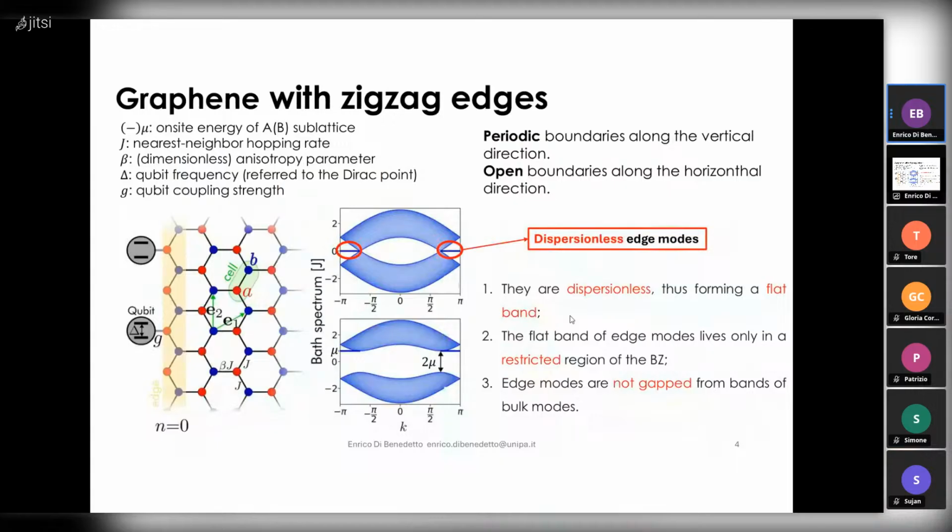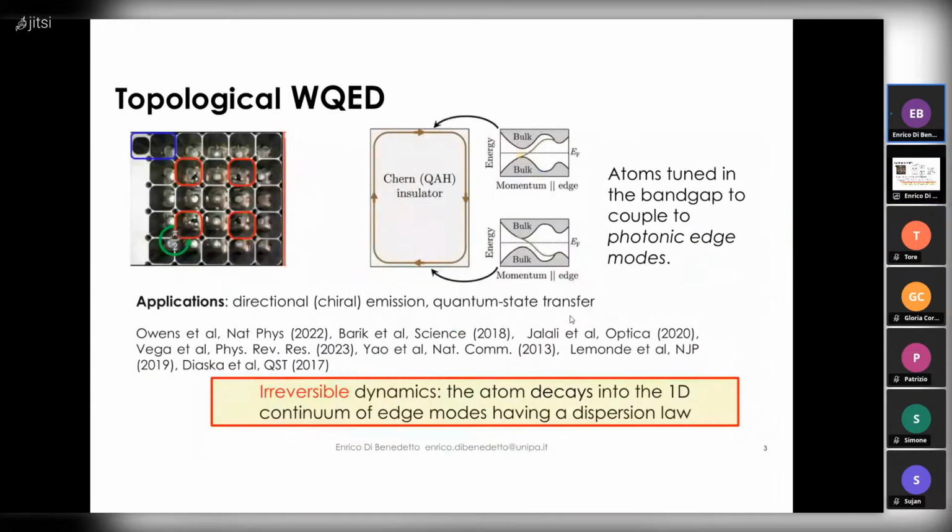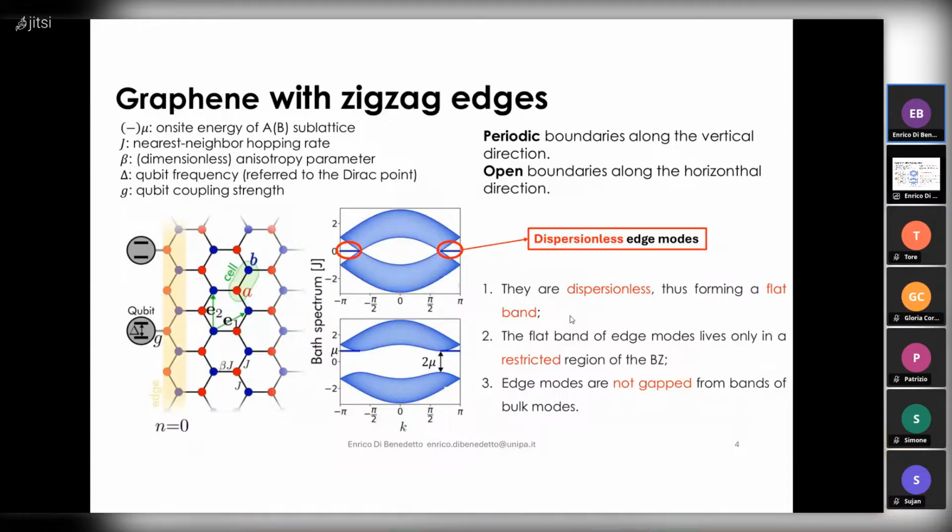Now, what we were interested in studying is what happens instead if I couple my qubit to the edge of a two-dimensional topological system, or a two-dimensional system in which I have topological edge modes which are dispersionless, which means that they are not propagating around the edge of my system like in this case, but actually they are not propagating at all. And you can explore this kind of dynamics